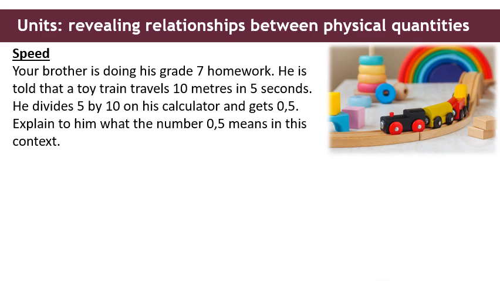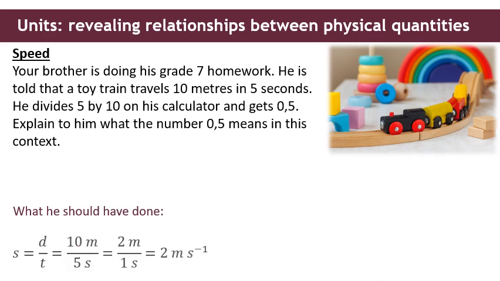Here's another example to do with speed, but here you have to keep your wits about you. Let's read it together. Your brother is doing his grade 7 homework. He's told that a toy train travels 10 meters in 5 seconds, but he divides 5 by 10 on his calculator and gets 0.5. Can you explain to him what the number 0.5 means in this context? Before you do, let's just see what he should have done, right? He was trying to calculate the speed, so he should have taken the distance of 10 meters and divided it by the time of 5 seconds to get